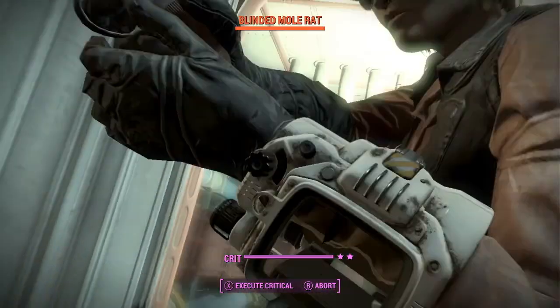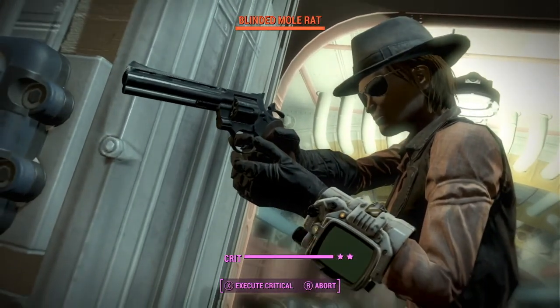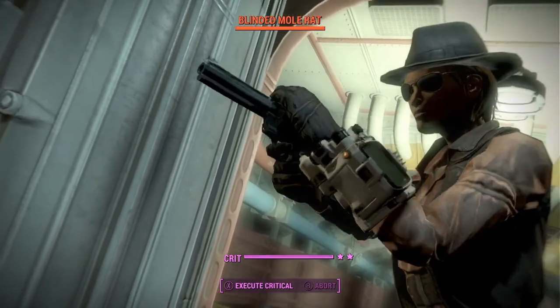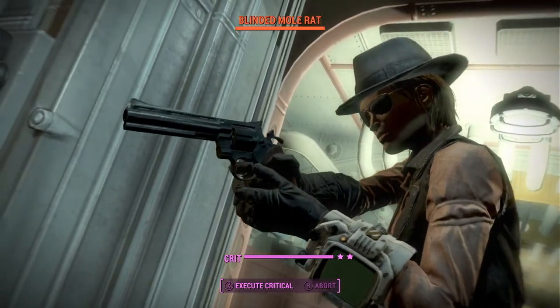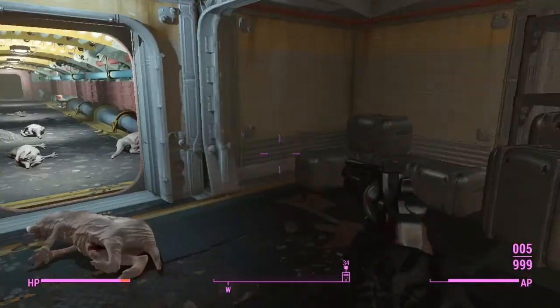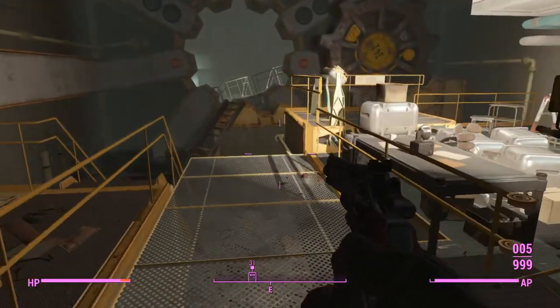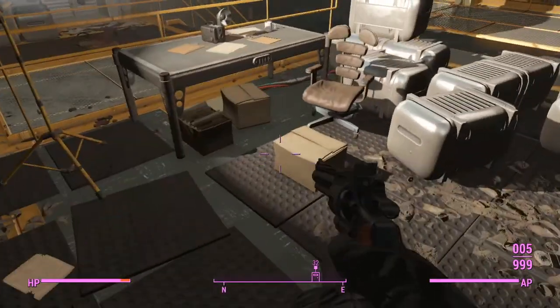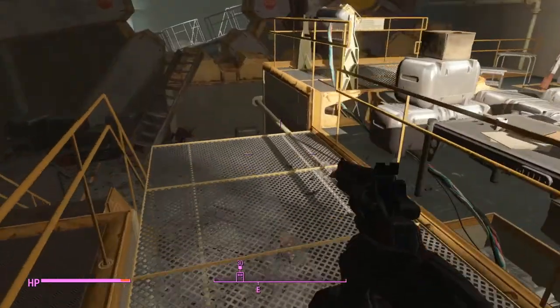Okay, so now where am I? Did I go through some sort of service entrance? What we got here? Because those mole rats were definitely dead. And I always thought this vault was weirdly... Yep, I did. This is some sort of service entrance. Anyway, so when he got to the...